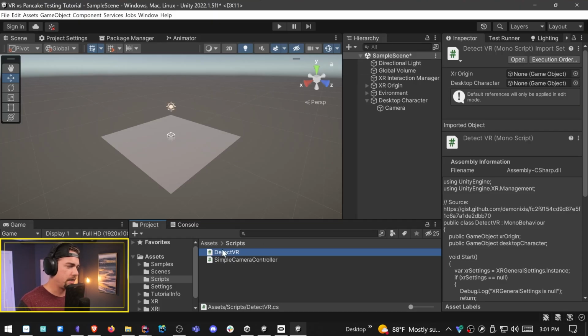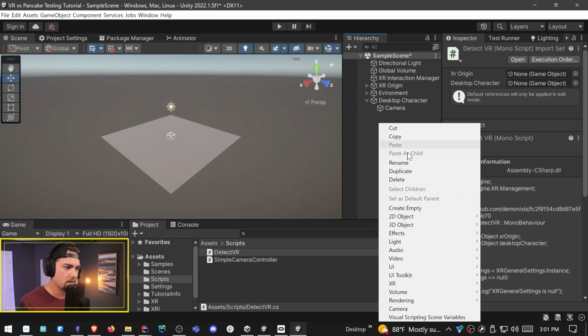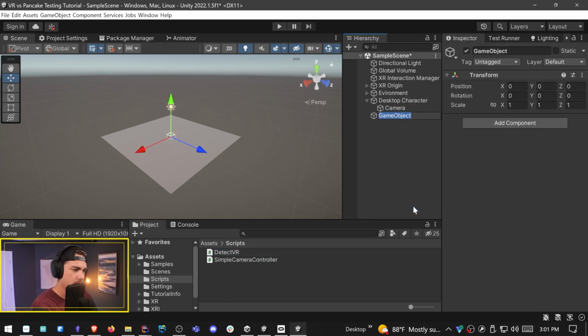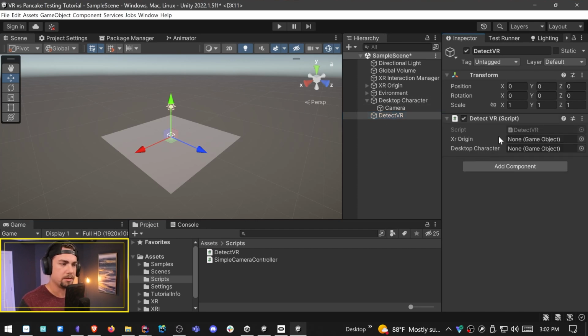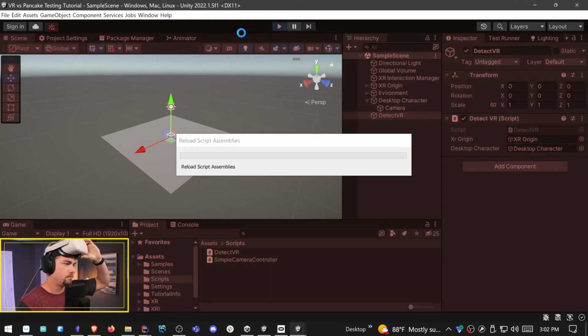And from here, we need to add Detect VR somewhere in here. So I'm just going to right click and create a Detect VR empty game object that we can drop our script onto. And then we'll just designate whichever the XR origin is and whatever the desktop character is. They're named appropriately, which is nice. Save our project. And I do have my VR headset connected. Let me make sure it's turned on. All right, and then if I hit play,